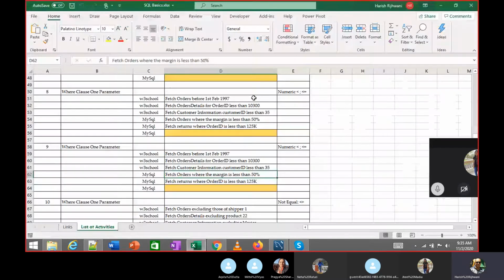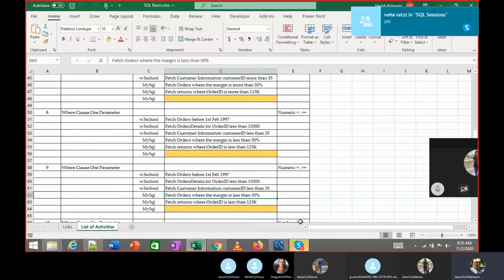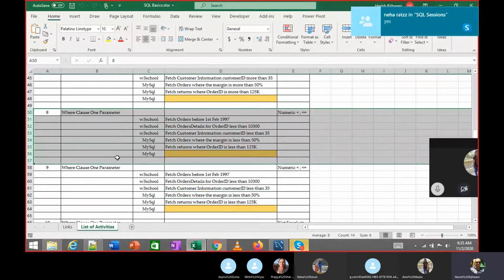Everybody got this for less than and less than equal to? Somehow I put this twice, which is not the case.